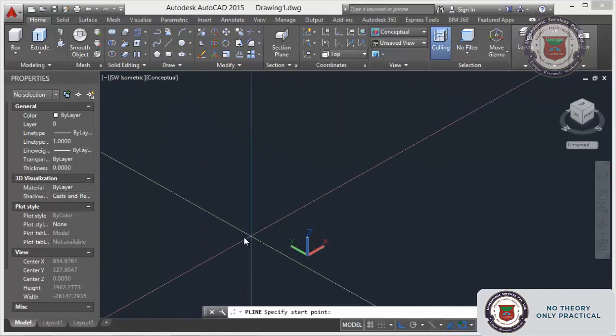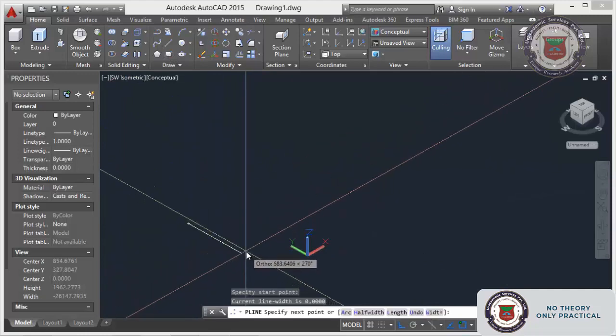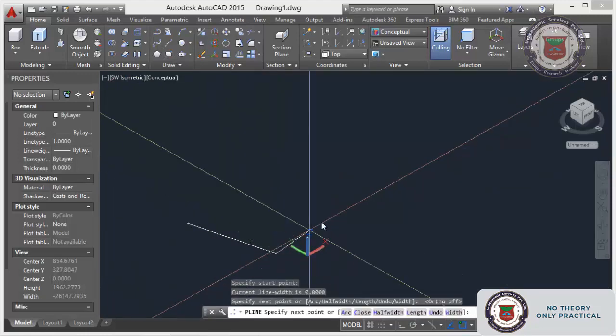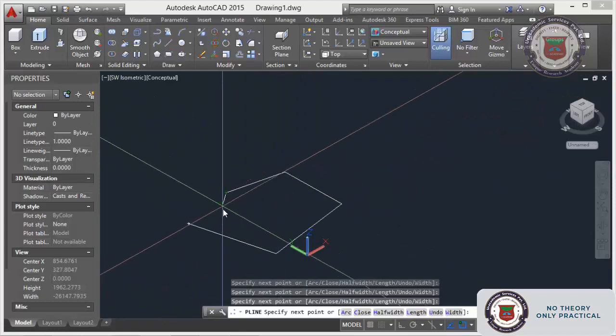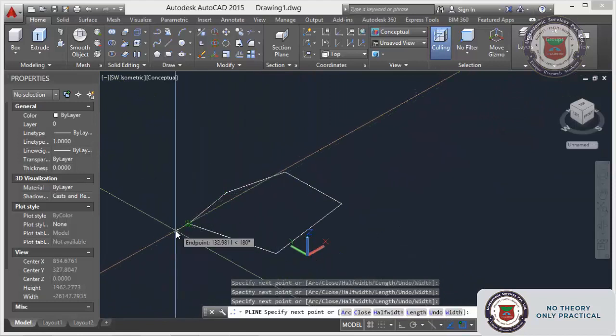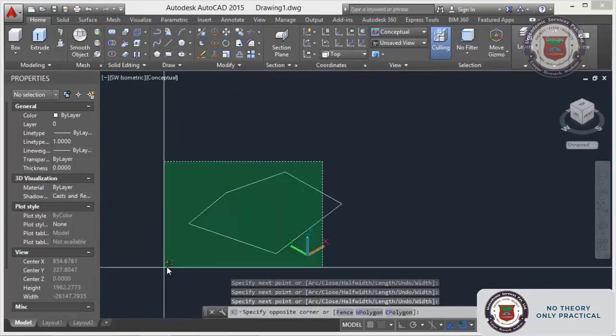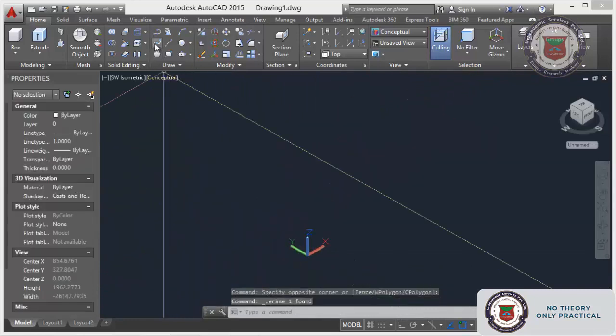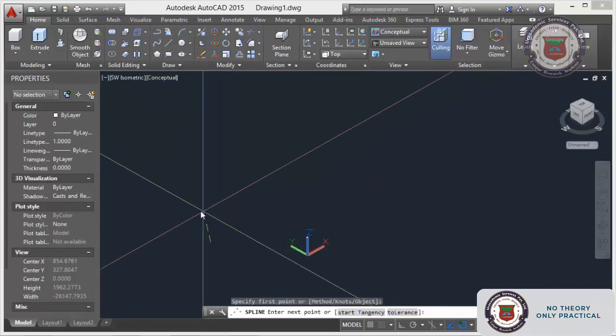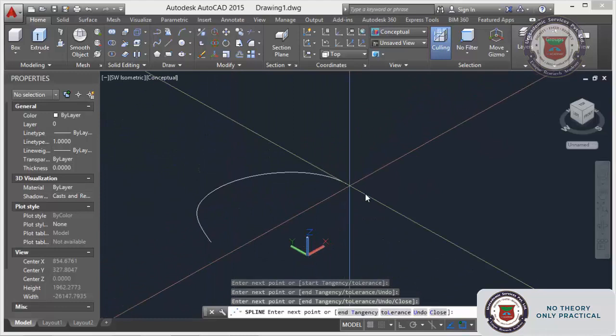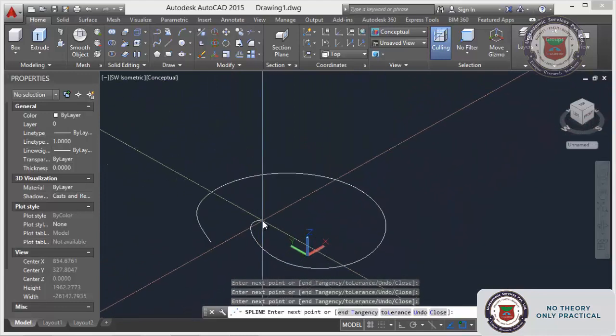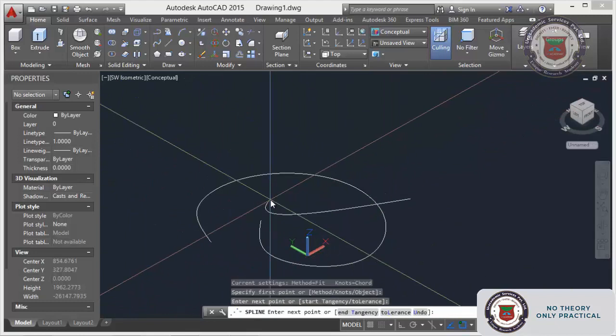Just prepare the polyline, F8, or you can select SP line. Sorry, we need to close it normally.